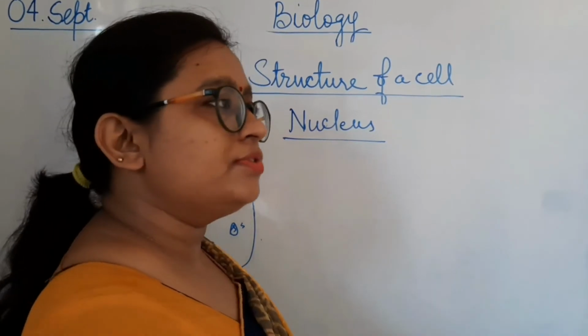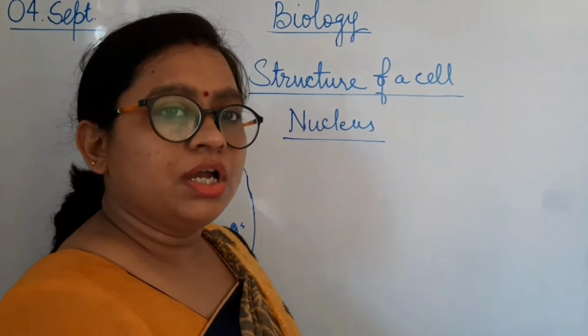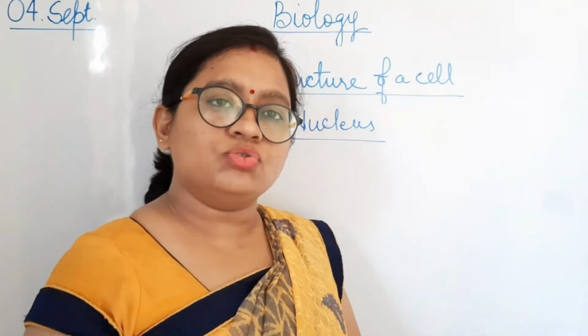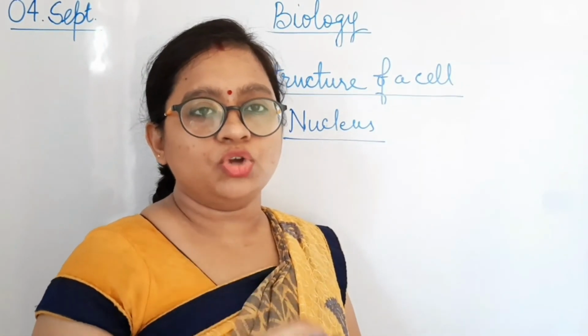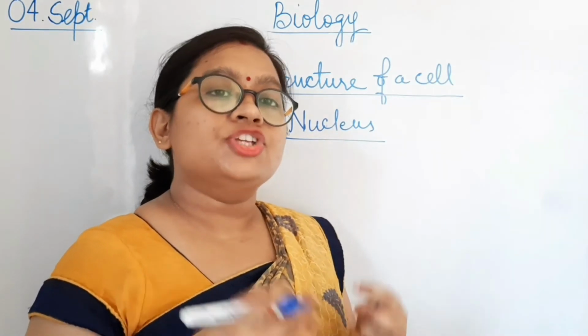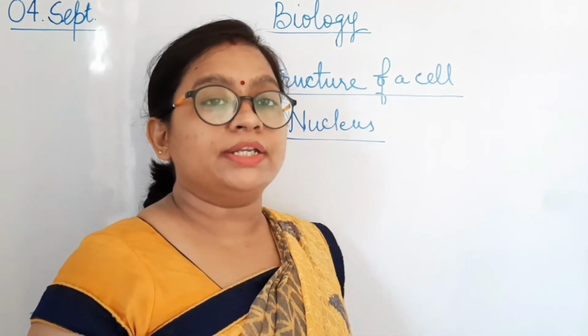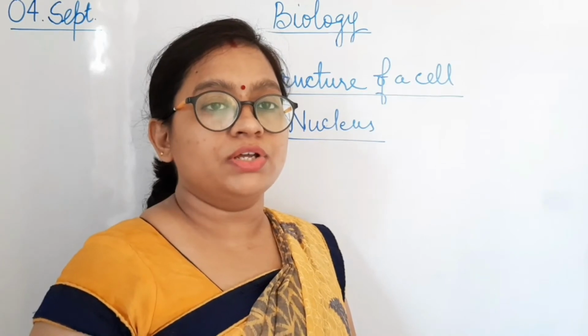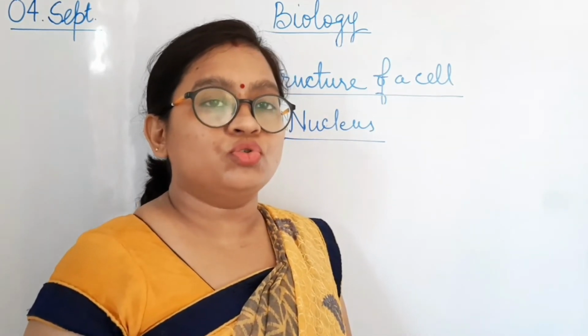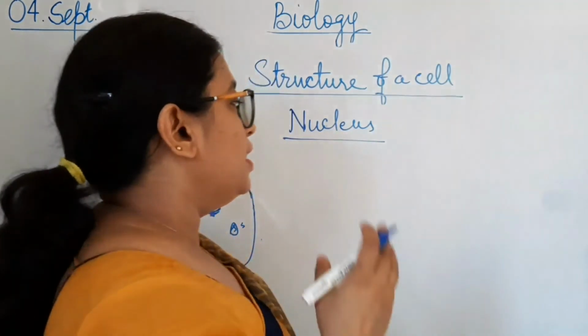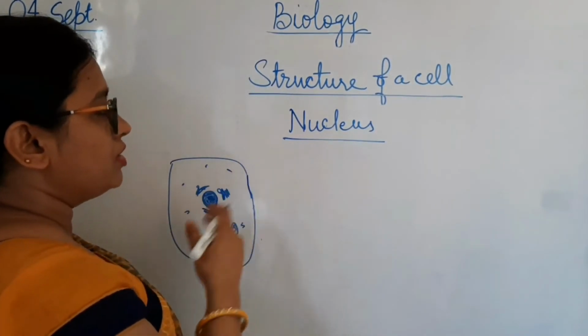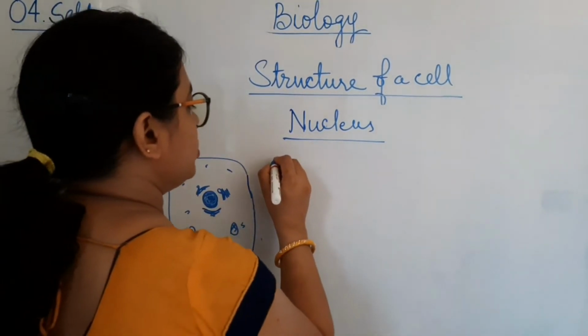If we see the nucleus, it has its own structure. The nucleus also has a membrane which is called the nuclear membrane. It has a cytoplasm-like substance which is called nucleoplasm, and there is genetic material, that is chromatin material, which is present in the nucleus and converts into chromosomes during cell division. You have to study that in detail in your next class, but let us discuss how the nucleus is made up.